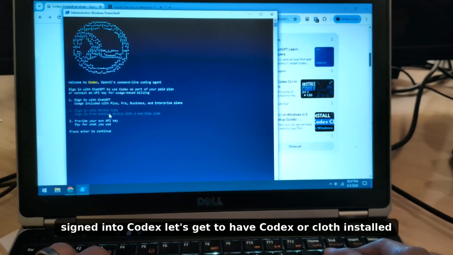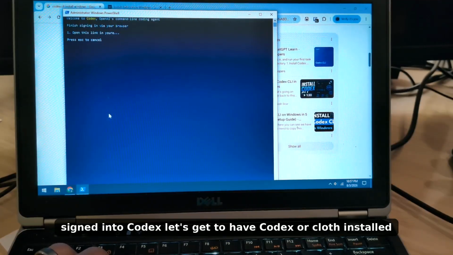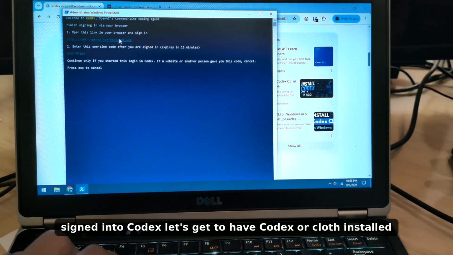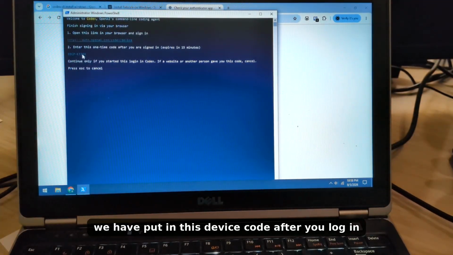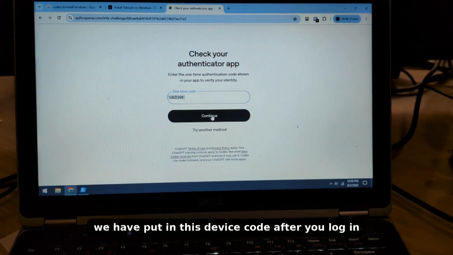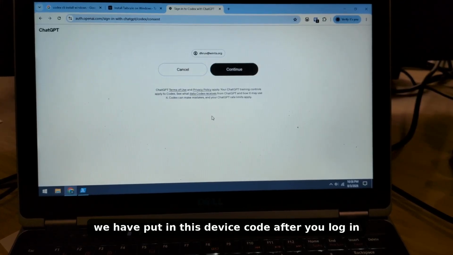Sign into Codex. It's good to have Codex or Claude installed. You put in this device code. After you log in,